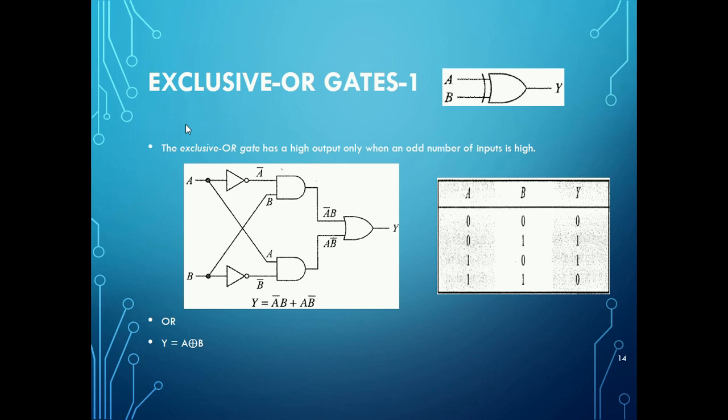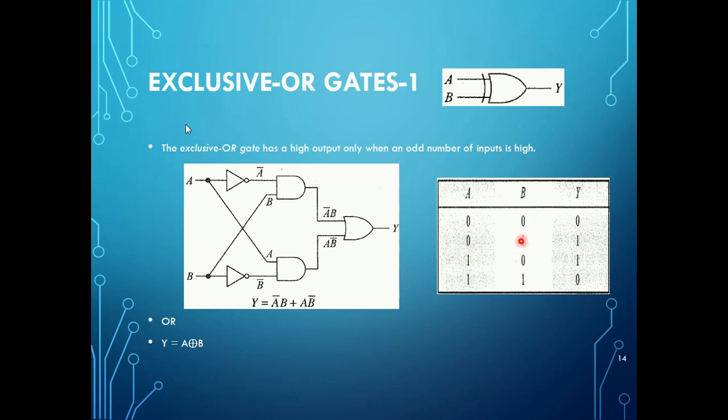So this is one more gate, the exclusive OR gate. How to represent an exclusive OR gate? It is in this manner: you have an OR, and before that OR representation you have an arc like this. So that is the exclusive OR gate. A and B are the input, Y is the output. An exclusive OR gate has high output only when an odd number of inputs is high. So here, a two input exclusive OR gate: if you provide A and B as 0, 0, Y is 0. And if I provide A as 0, B as 1,